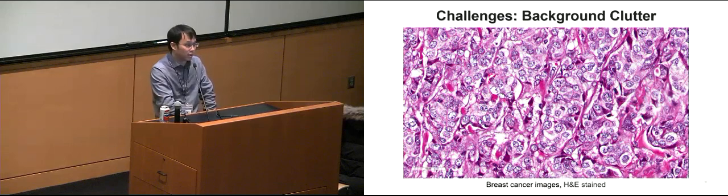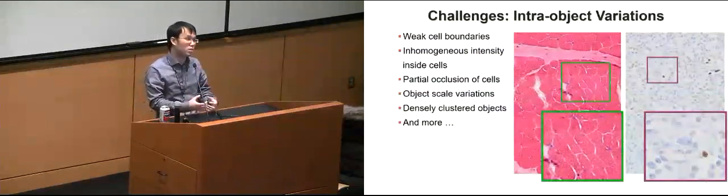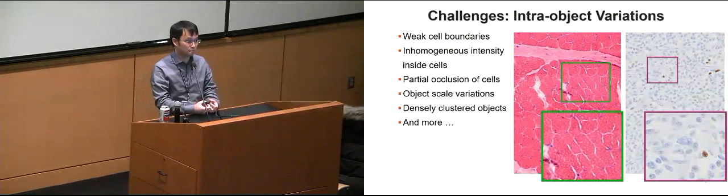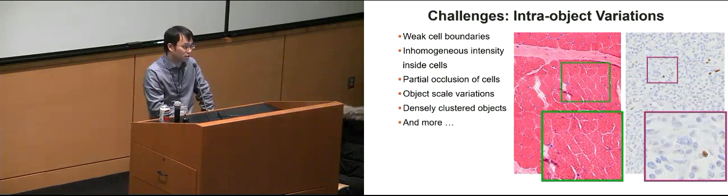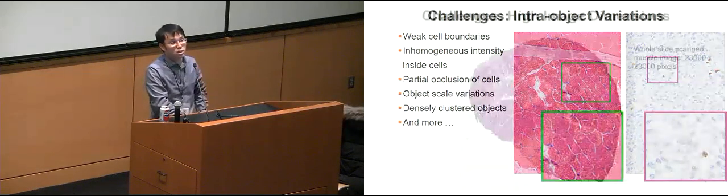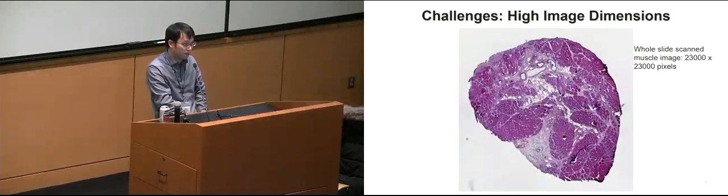Another challenge will be the inter-object variations. As we can see, some of the objects or cells will have very weak object boundaries. And maybe some of them will touch or even partially overlap with each other. In this case, it will present significant challenges for the methods. Actually, these are only 2 small patches we crop from the whole slide scanning image data. For this kind of whole slide scanning, it has a huge dimension, and I think it's billions of image pixels here.